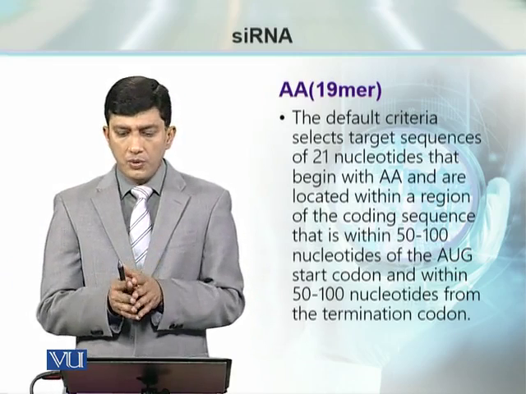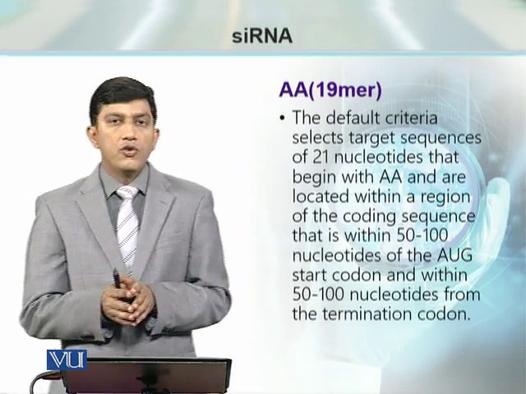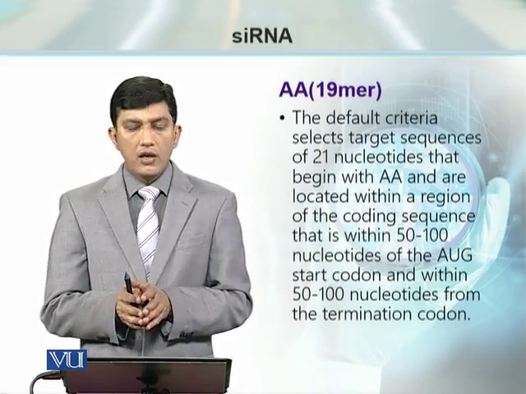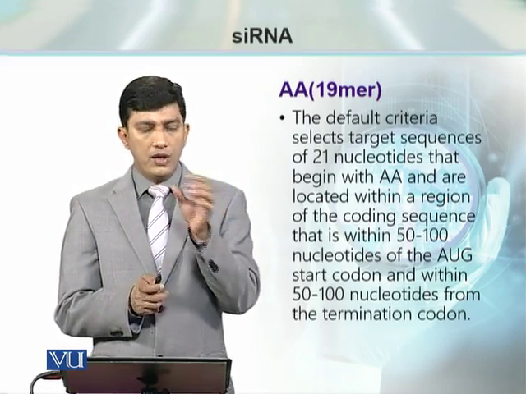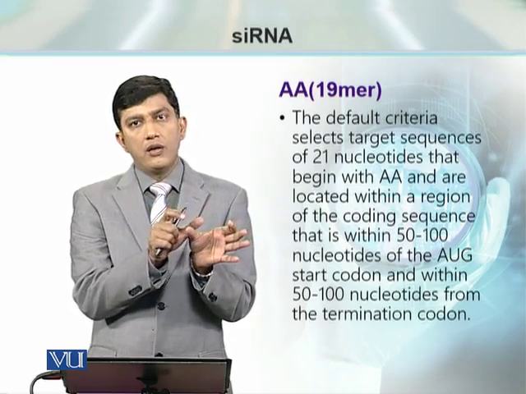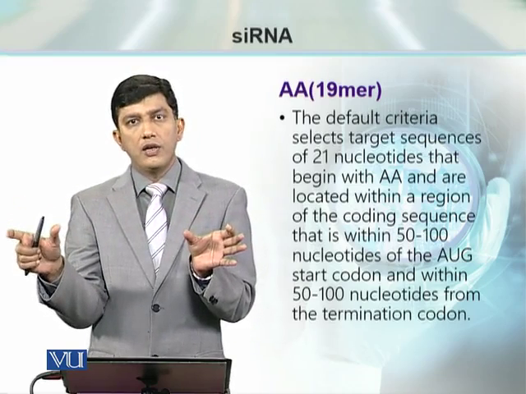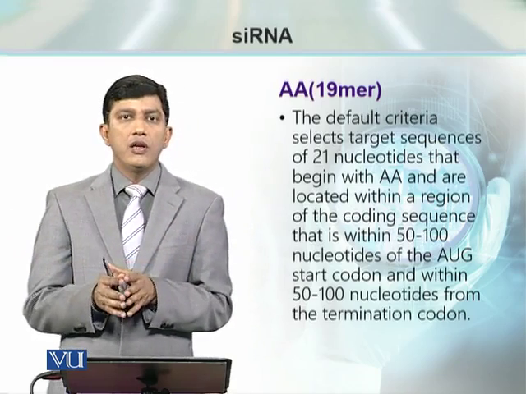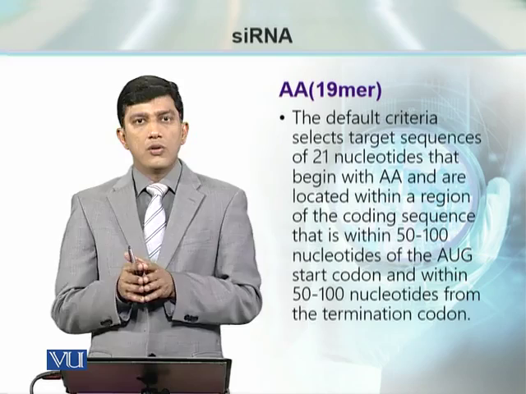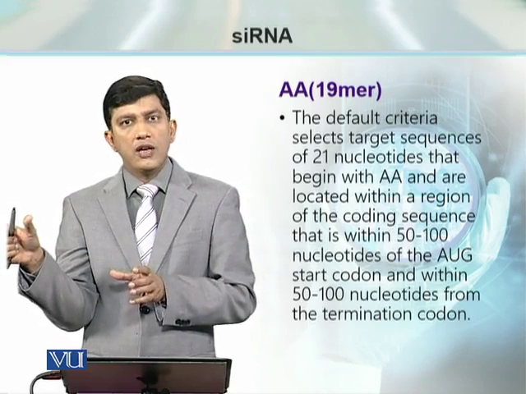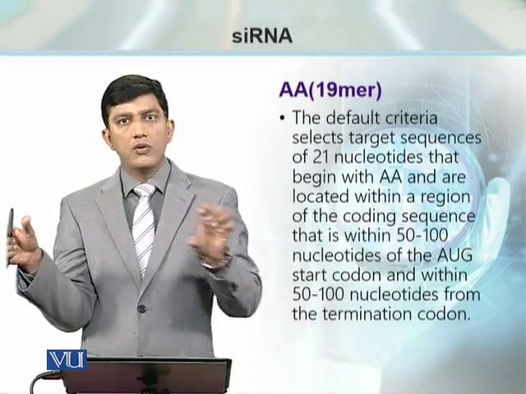As a general principle, the binding site should be between 50 to 100 nucleotides of the AUG start codon. That means we have AUG. From that particular point, 50 to 100 nucleotides, you can have the binding site. And the same applies for the translation termination codon. If you have UAG sequence here, that is a termination codon, your siRNA binding site should be 50 to 100